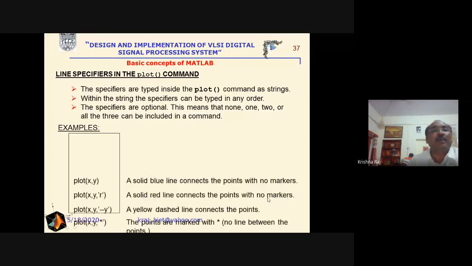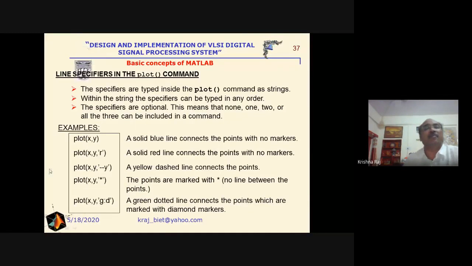Now see here, if we write plot x comma y, then by default we will get a solid line blue in color. Plot x comma y, that will be a solid line, but the color will be red. Plot x comma y, here the dashed line will be represented in yellow color, and here plot x comma y, asterisk will be used as a marker.